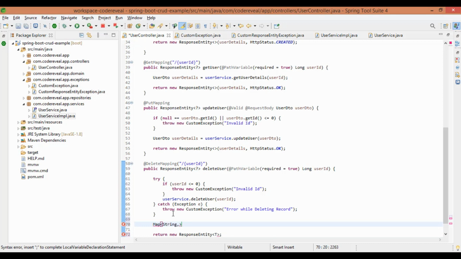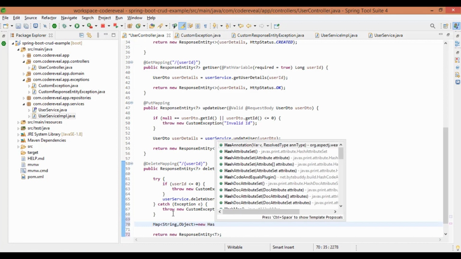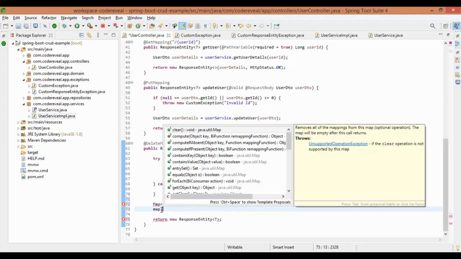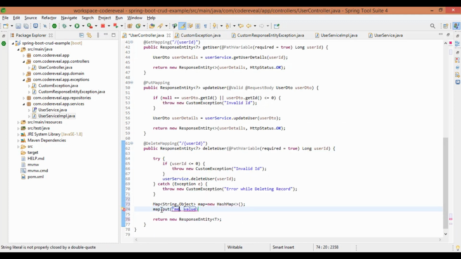Here I'm creating a map object. In the map we will give the message if the record is deleted successfully. In the response entity we will pass that map object with status code 200.